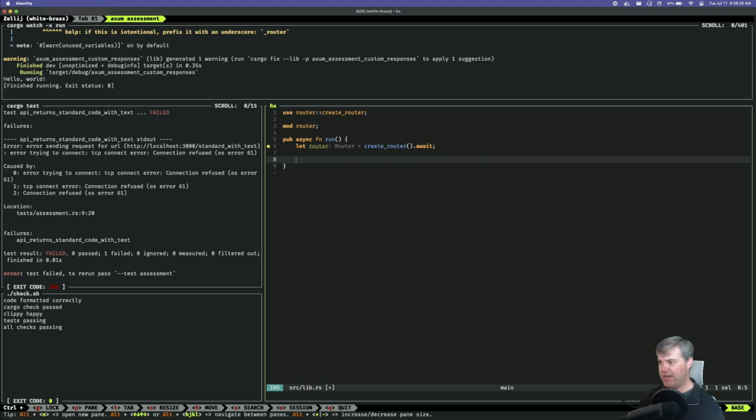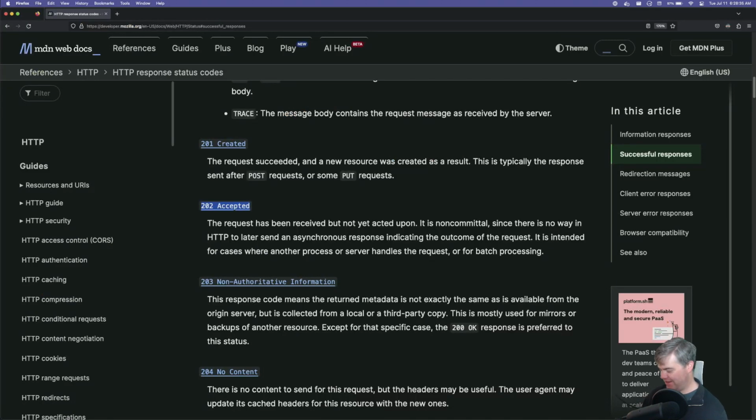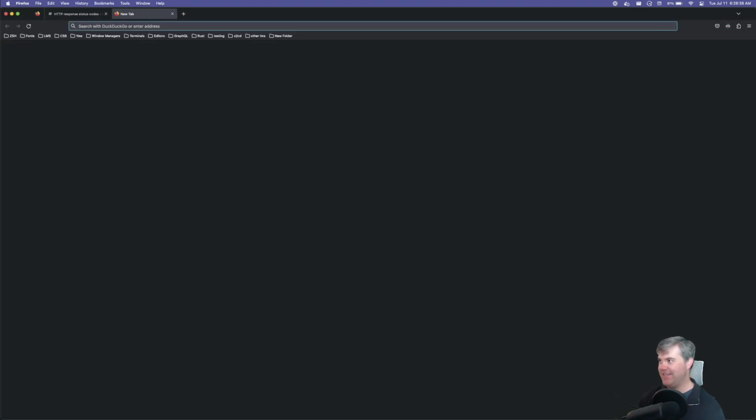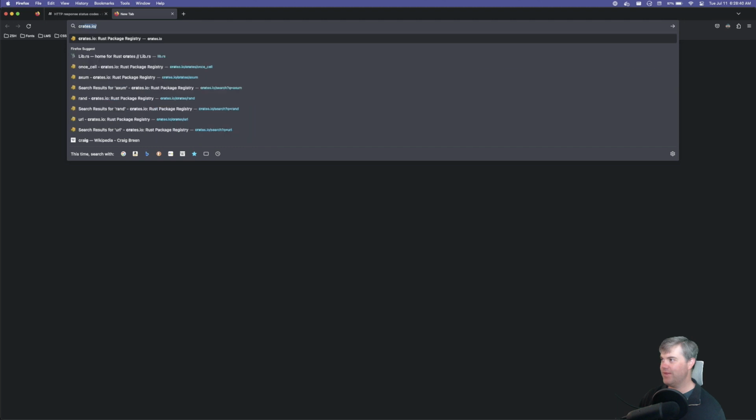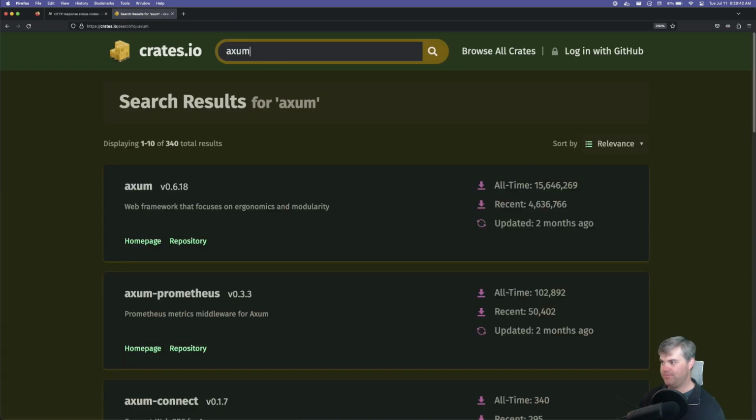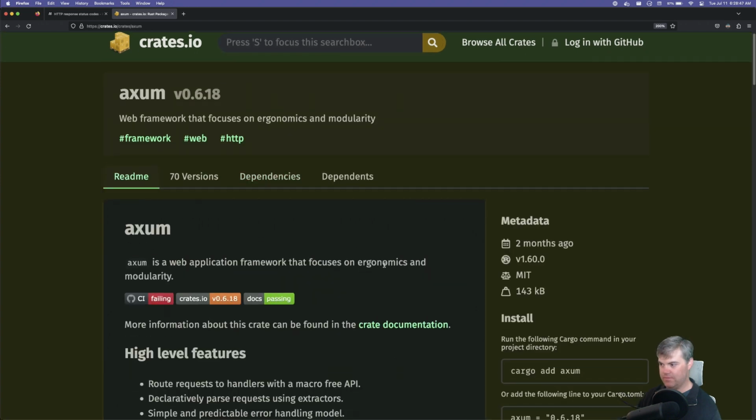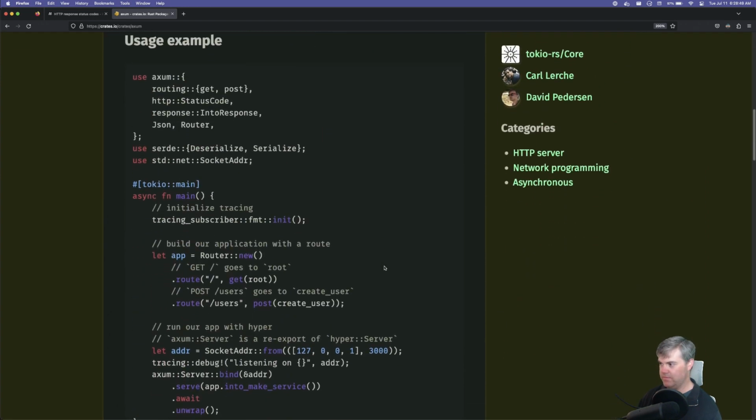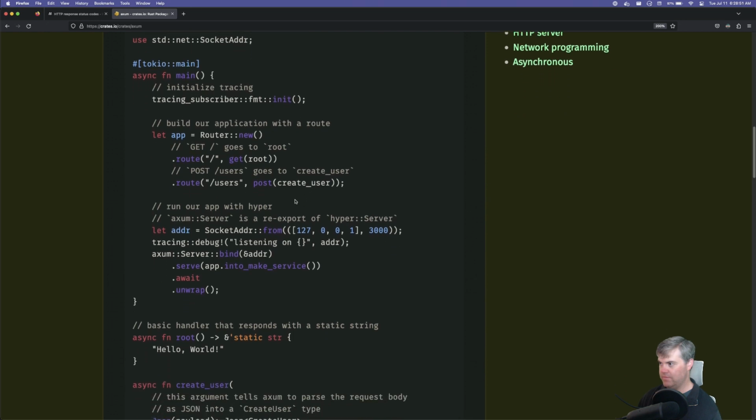Okay, so I create my router. I need to actually start the server, which I have done this how many times? Like 5 times recently, and I still don't remember. Haven't memorized how to set up the initial server. So, okay, I get my router here. Right, the socket address thing.